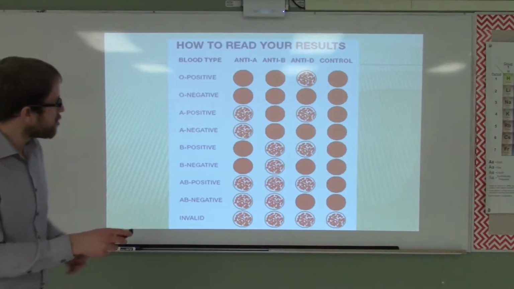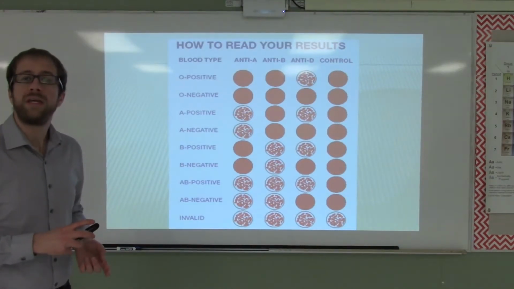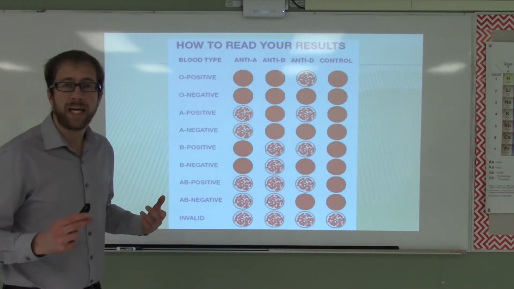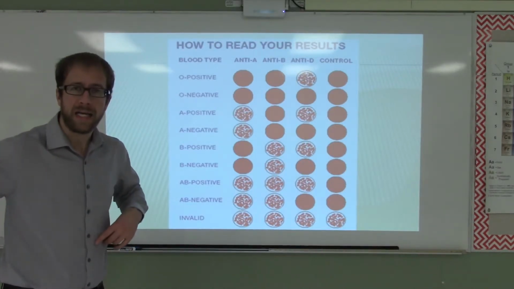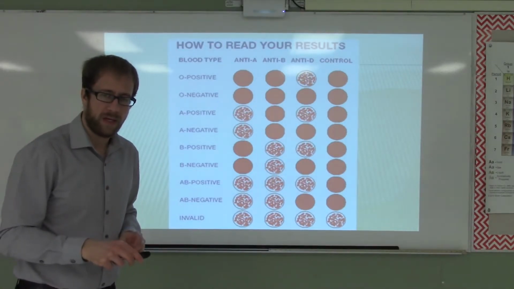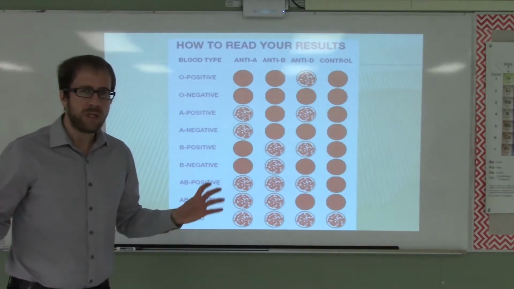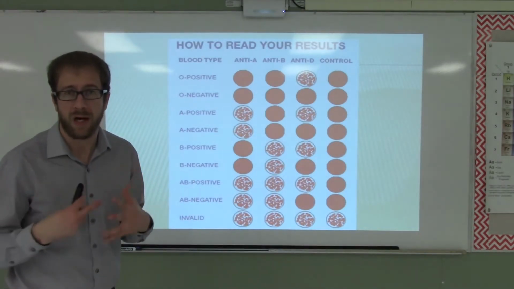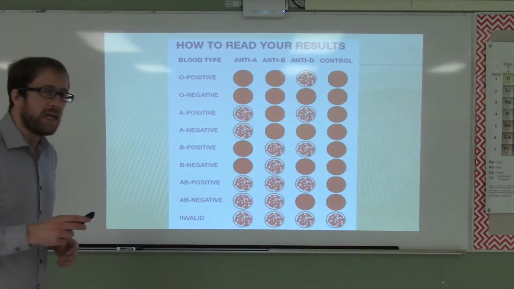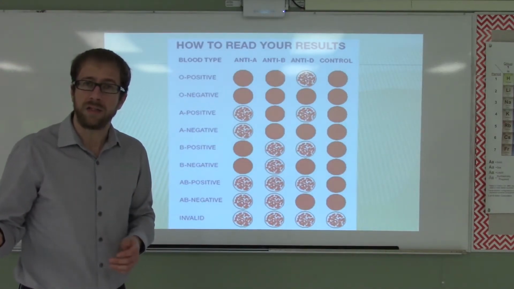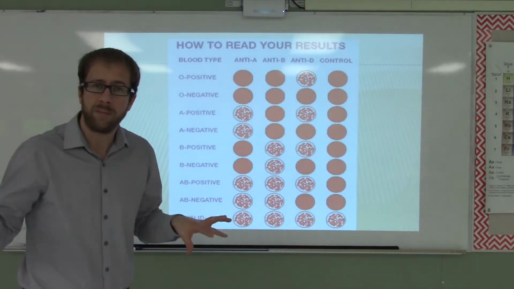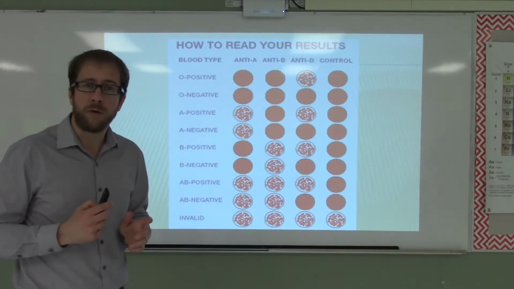Now, if we look at this chart, we can see what these blood types are based on whether the blood agglutinates or not. Agglutination is a really fancy word for it clumps up. So, if the antibodies react with those red blood cells, they will cause clumping, and therefore